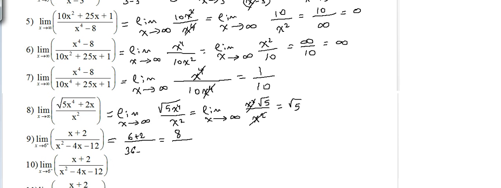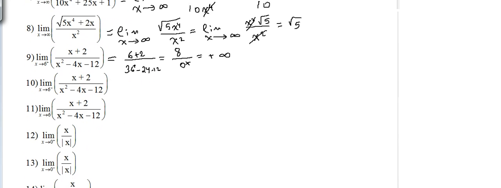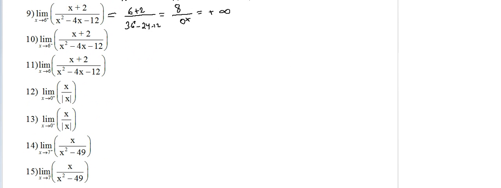Minus 4 times 6 is 24, minus 12. That gives me minus 24 minus 12, which is minus 36. 36 plus minus 36 is 0 plus a bit more than 0. So the answer should be plus infinity, because it's 8 over 0 plus, a positive number over 0 plus is positive infinity. Here, number 10 is the same, but it's as x tends to 6 minus. The numerator will be 6 plus 2, which is